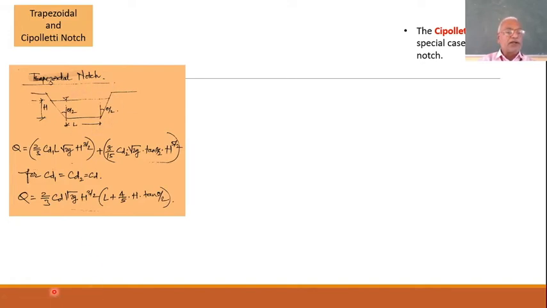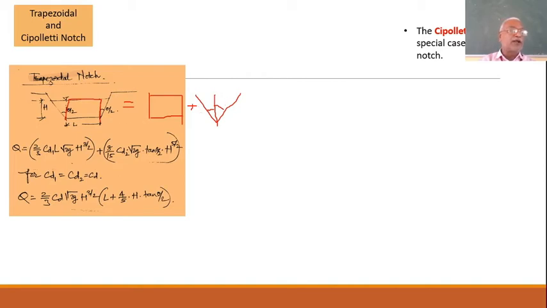Now you can see that this trapezoidal shape can be taken as one rectangle having a base crest as L, this much. This I have taken, and these two triangular portions put together, I'll plus it, right? One half on this side, one half on the other side, with an angle theta by 2 on this side, theta by 2 on this, making this a triangular notch. So discharge over trapezoidal notch can be treated as a rectangle notch plus a triangular notch.